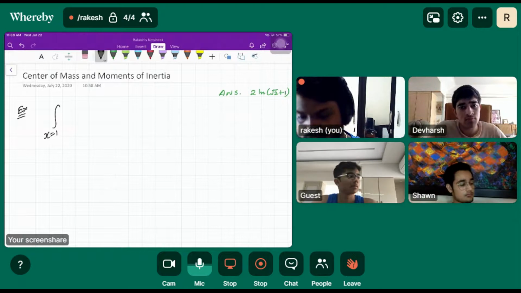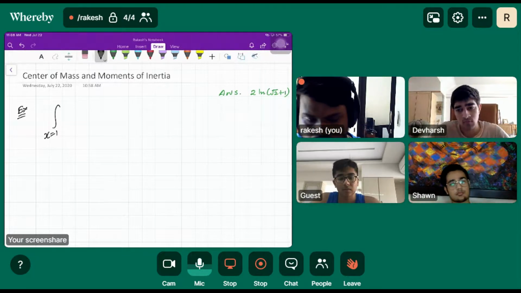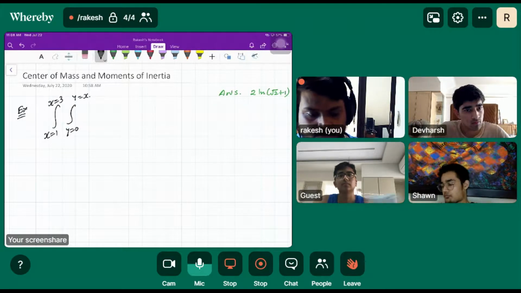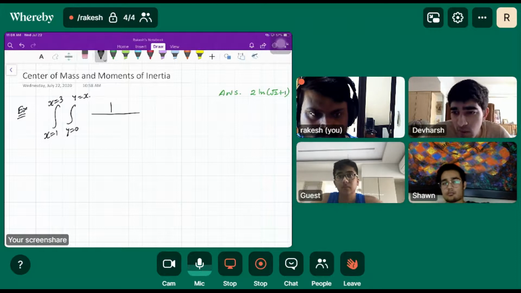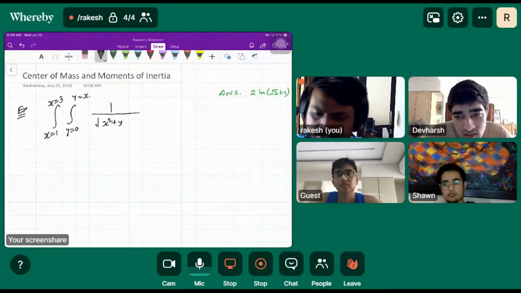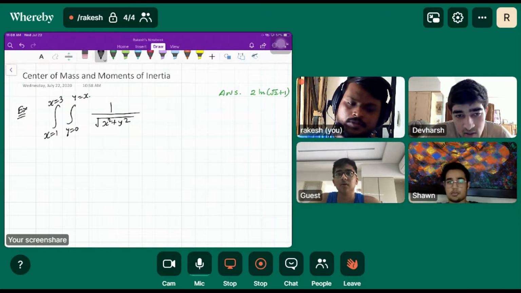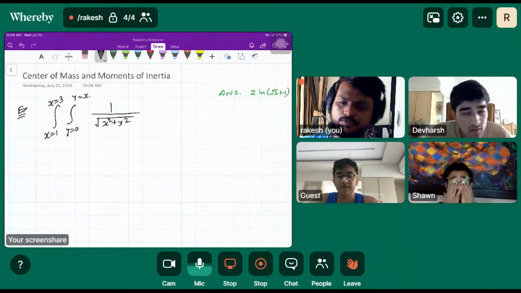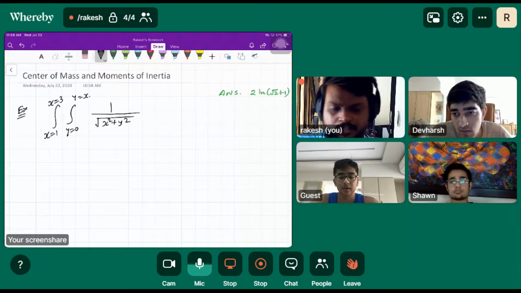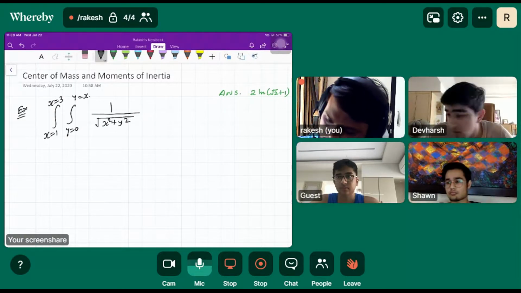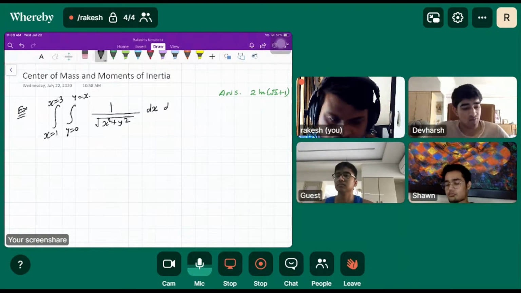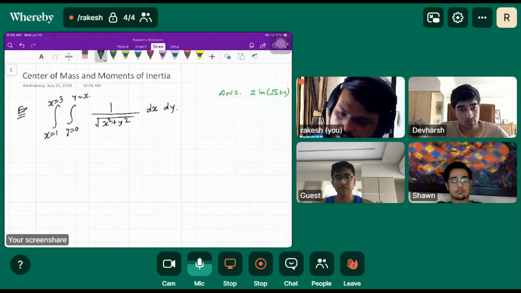Yeah, we are revisiting the homework question here. So the question was this: x is equal to 1 to x is equal to 3. The inner integral has y is equal to 0 to y is equal to x. No, sir, this is not the question. There is another question, 1 over 1 plus x plus 2y square, dx dy. Okay, just pause. Just have this for the sake of the next question, because we are going to discuss this after your homework question.